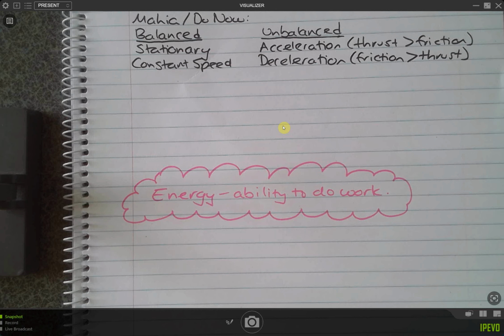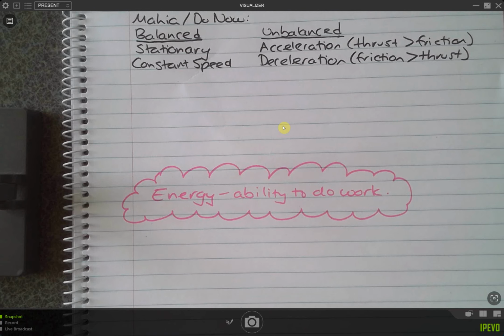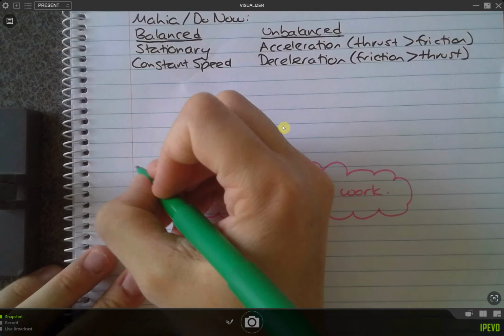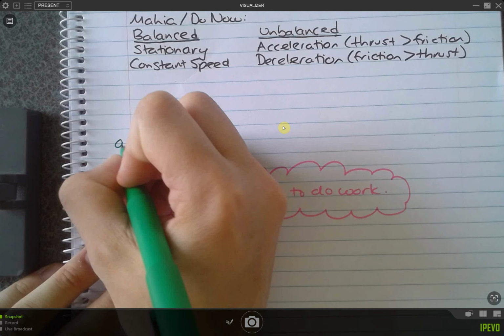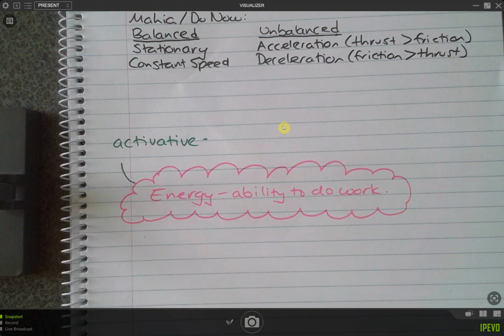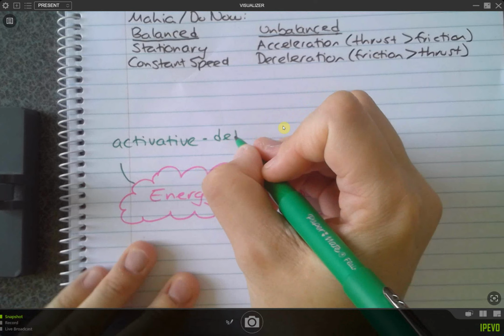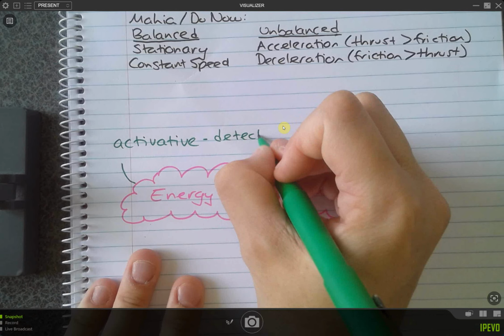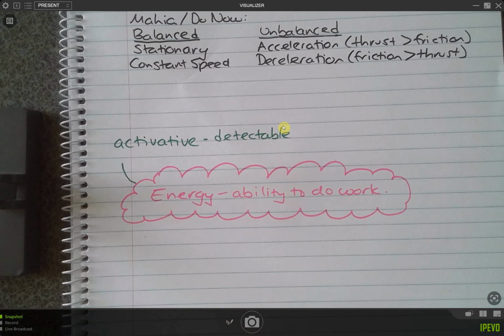Cool. All right, so there are two different categories of energy. The first category is our active energy. So I'm going to bubble that off, and we're going to write active. Now we need to explain what active energy is. Active energy is energy that I can detect. The other thing about active energy is that I detect it based off of movement.